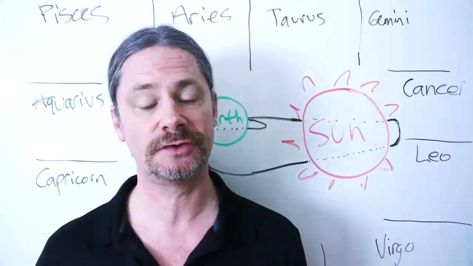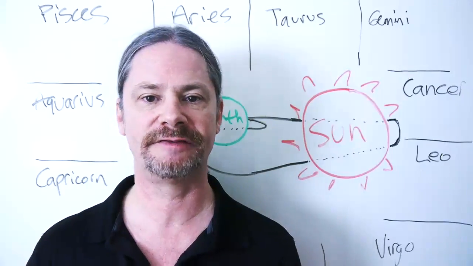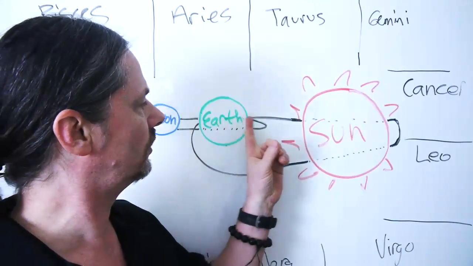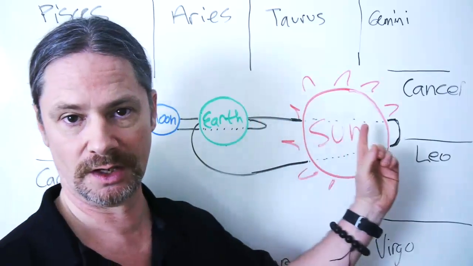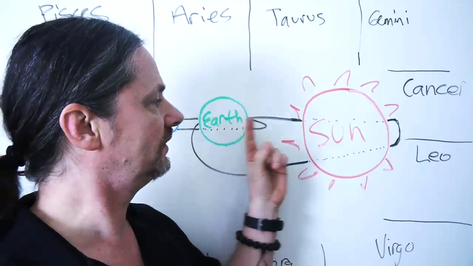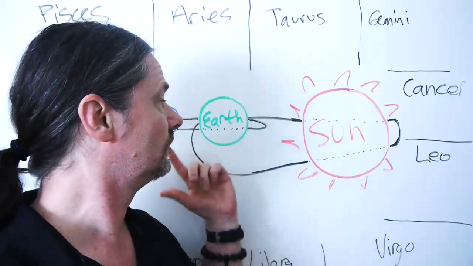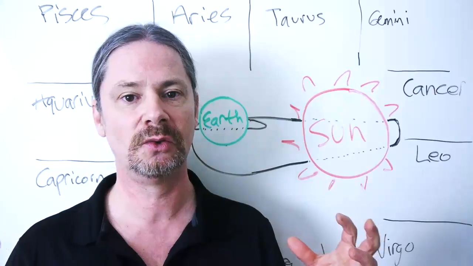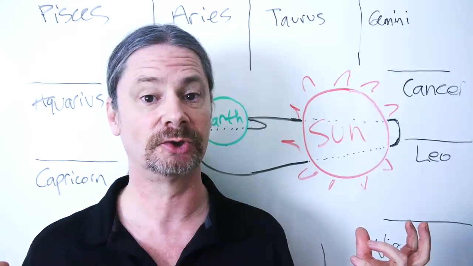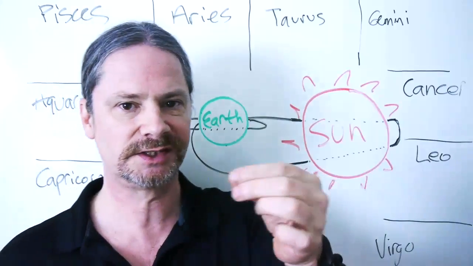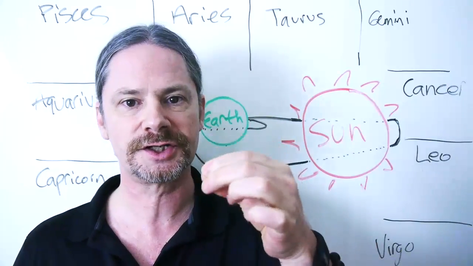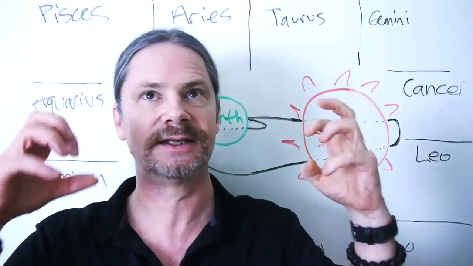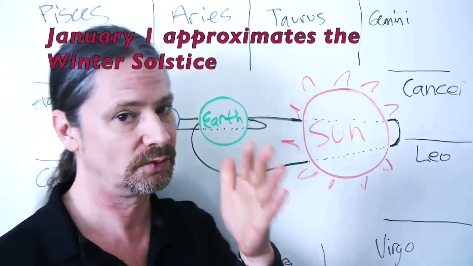So having said all of that, let me talk about the calendar for a second and why we have things like leap years and whatnot. The calendar is based on the Earth going around the sun. Simple as that. It takes 365¼ days for the Earth to go around the sun. And we approximate this now with a calendar that is called the Gregorian Calendar, and it resets on January 1st. That's when it, quote, starts again, which is an arbitrary date. It really doesn't exist in cosmic time, but it's a time where we start it.